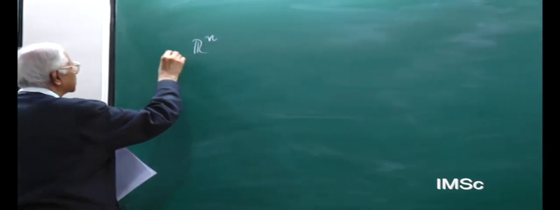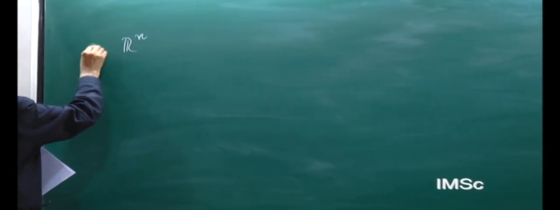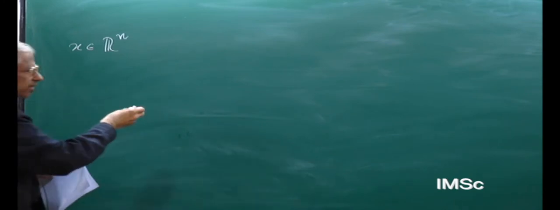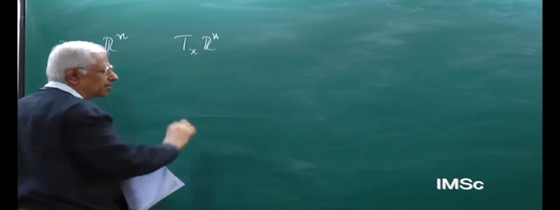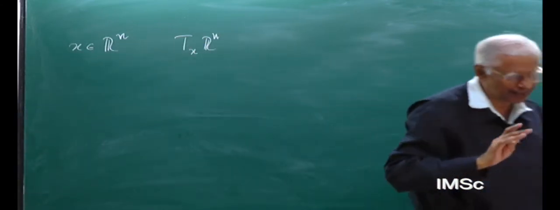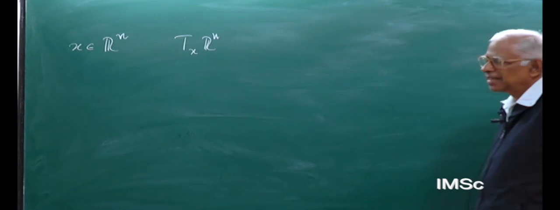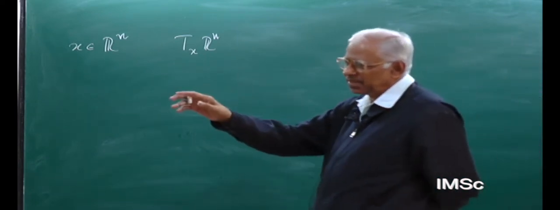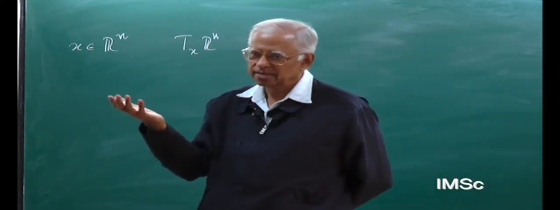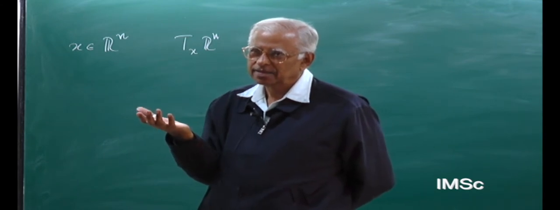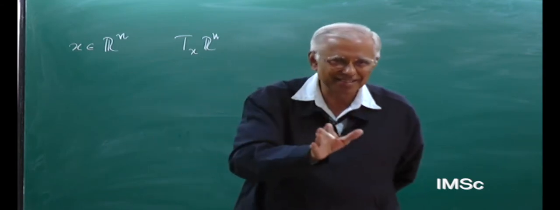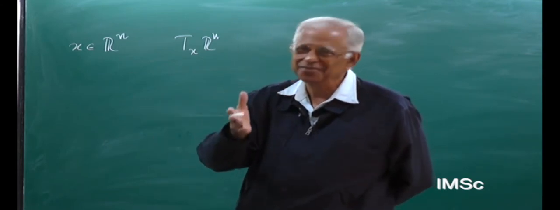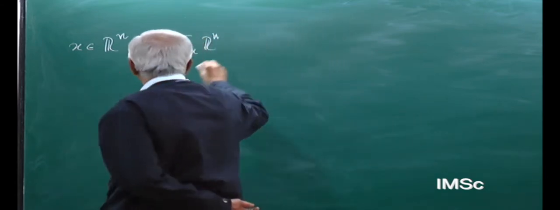Suppose you take Euclidean n-dimensional real space, and suppose X denotes a point in n-dimensional R^n, then I repeat, for someone to whom this may be new, not those who are already familiar, what do you think this is? The tangent space to Euclidean space at a point of Euclidean space. Huh? R^n. Yeah, so all of you who have answered are familiar with these things. I wondered if there's anybody not very familiar. That's fine. So this is essentially R^n.